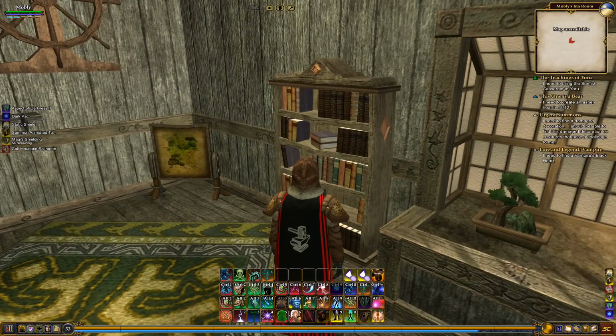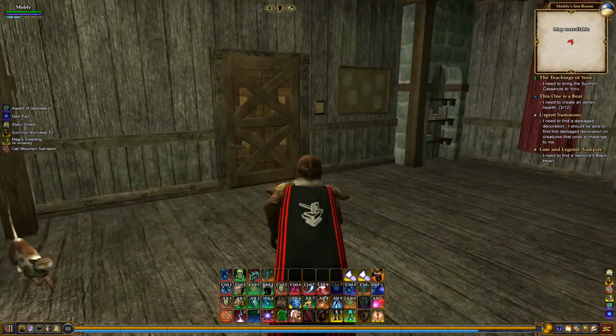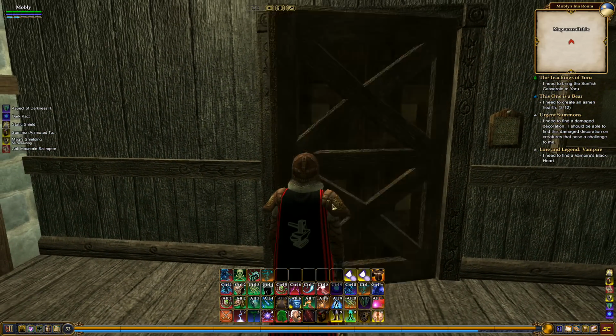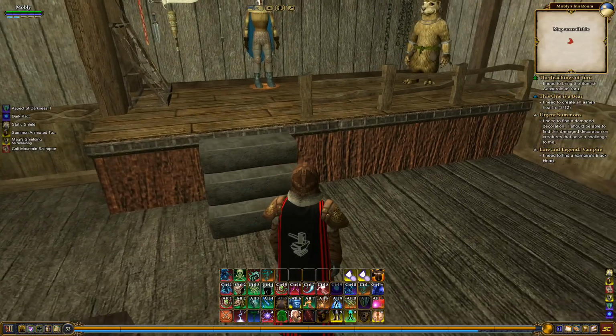This bookshelf doesn't have any actual books on it. It's just for looks. And the second room here is largely unfinished. It's just got a few things. The crowning achievement here for me is this,